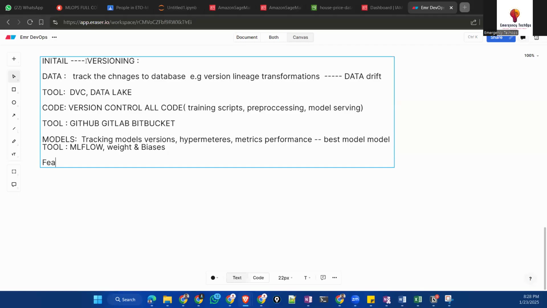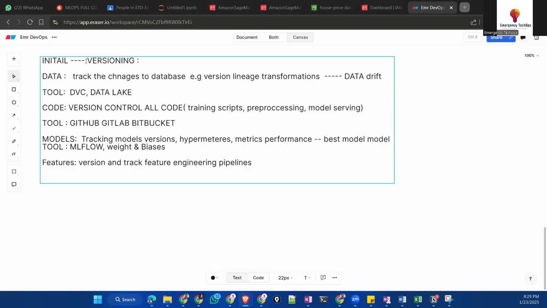And the features, mainly it is version and track. Version and track your feature engineering pipelines for feature importance and consistency of your features.